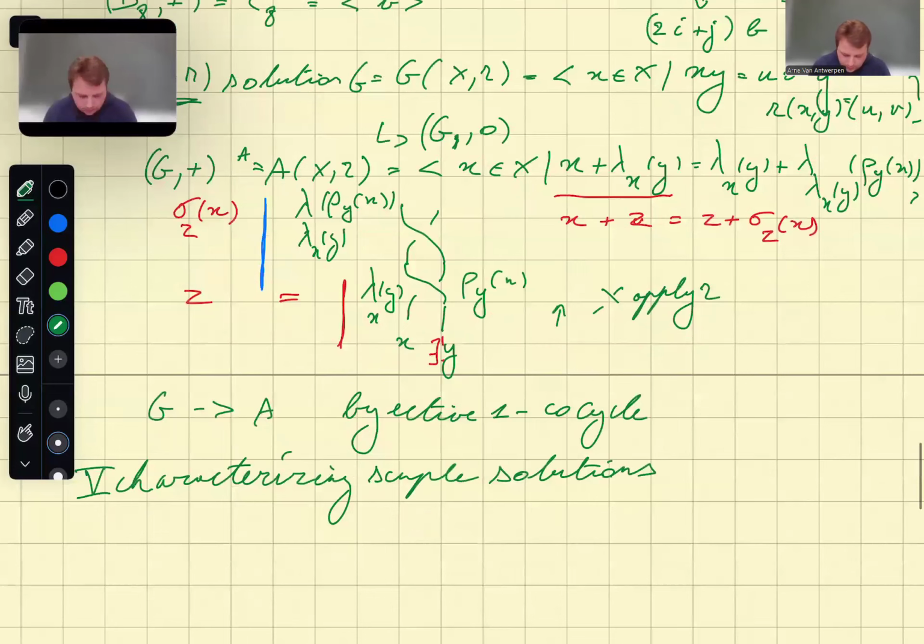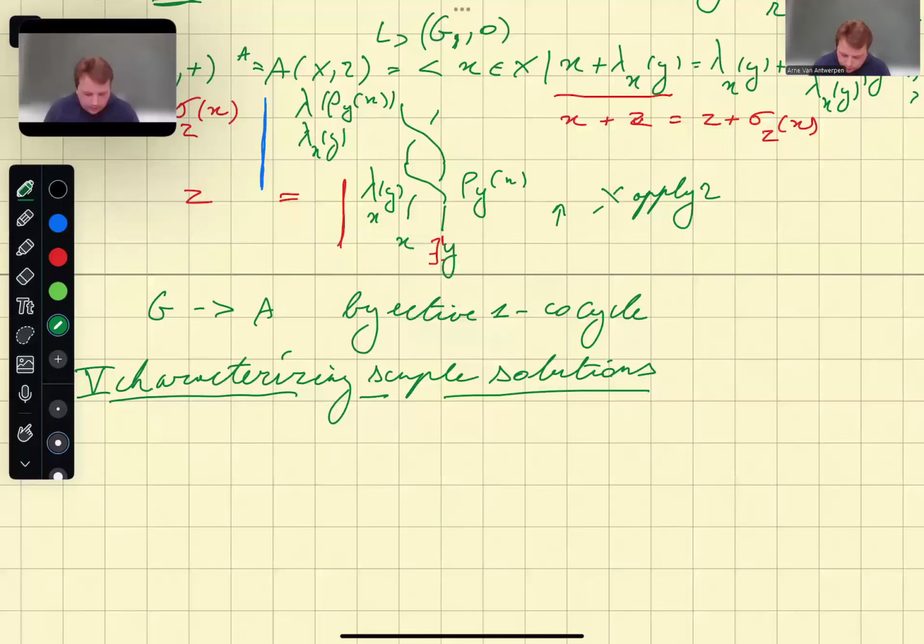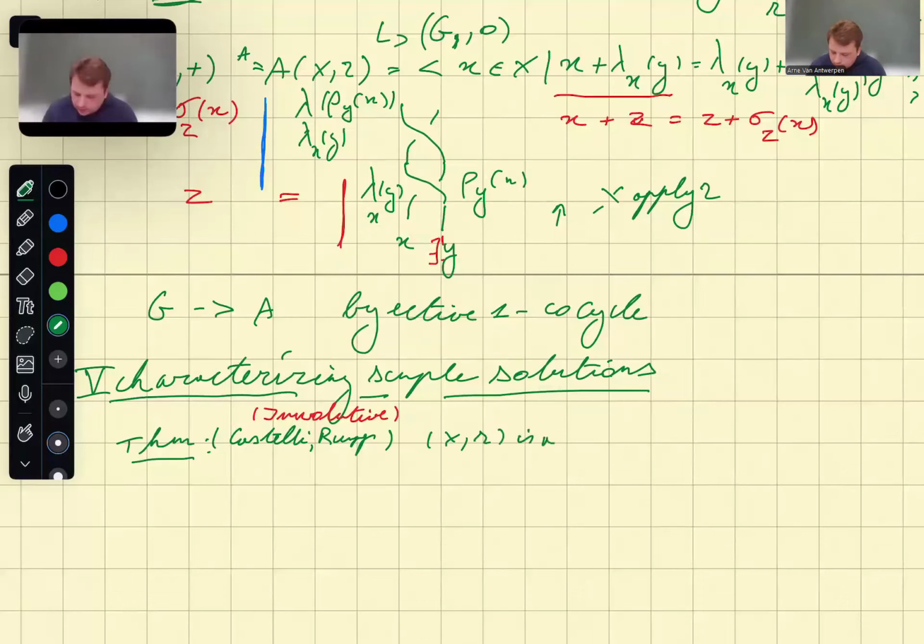This theorem was first proven for involutive solutions by Castelli, building on work of Rump. So let me just add here, for involutive. You need to do quite a bit of work to extend that to the non-involutive version. You need to fix quite a few arguments. So you can show that X, r is a simple solution if and only if,